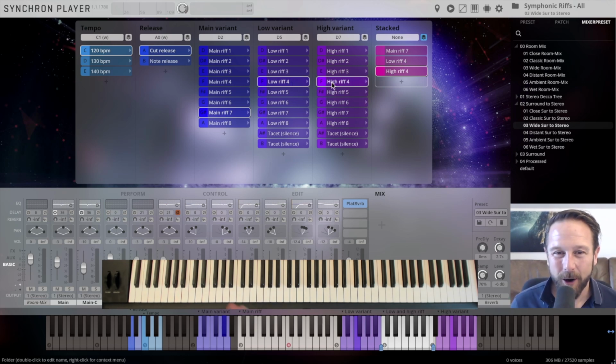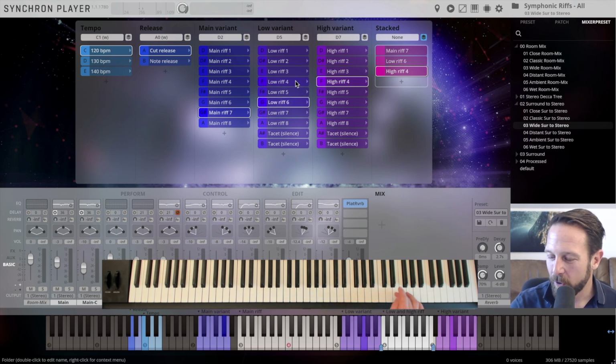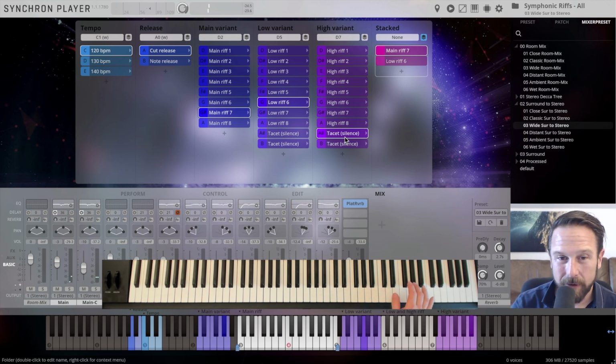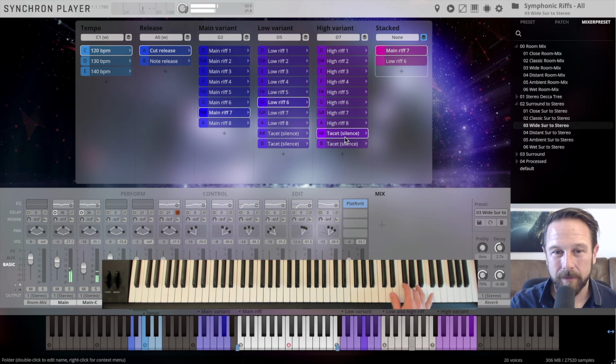So the cool part is always in the mix. So let's just mix it up a little bit and go, let's combine the low riff 6 with the high riff 4 and see what that does. Or just see what I'm doing with just the low riff. So you get a lot of movement in here, and it's more or less like a drum loop for a pop song.